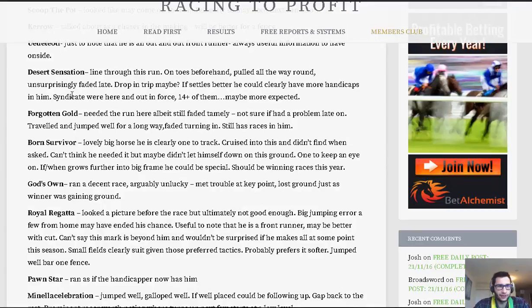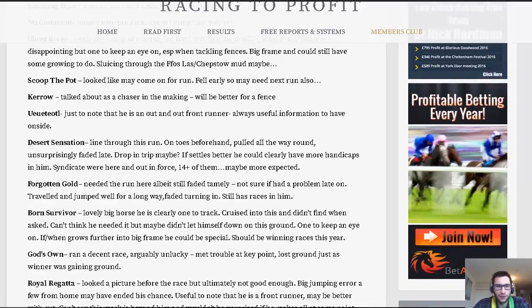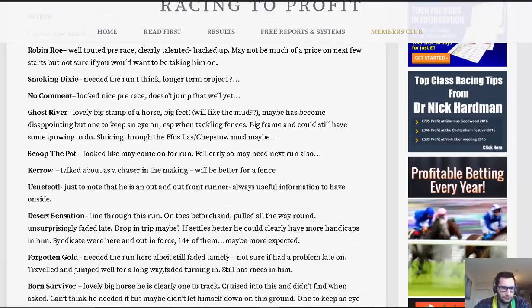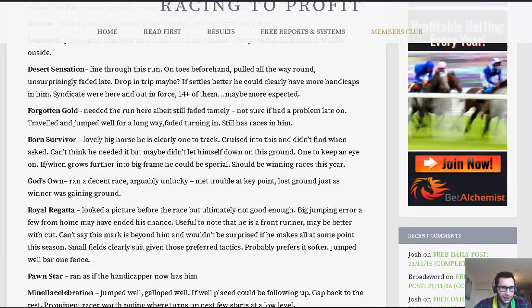Talking of adding to trackers and horses popping up in the future, I continue my useless trend of quite frankly being awful at tracking horses and highlighting them. So what you can see in front of you there is the notes. Well, I did a similar video when I went to Aintree the other week, and there are two horses to highlight here. Desert Sensation, who I will get to in a moment. Royal Regatta,